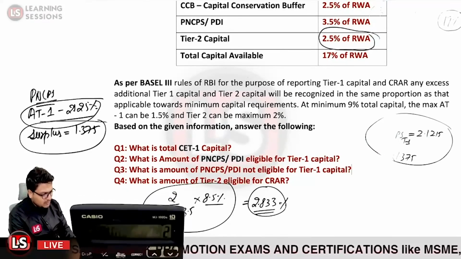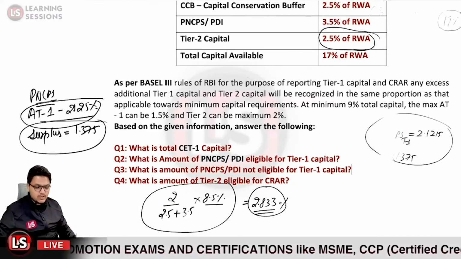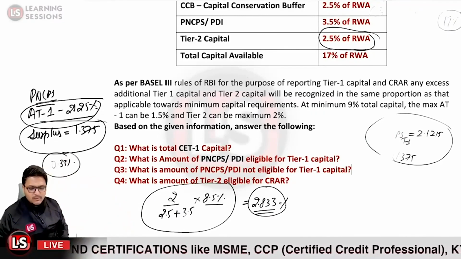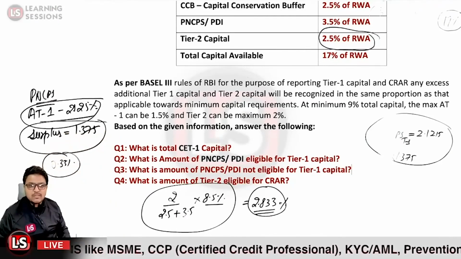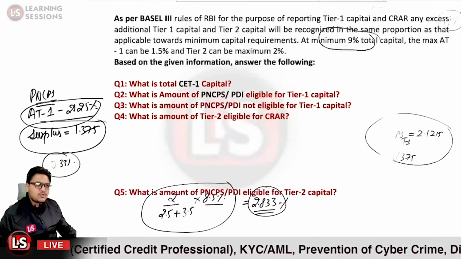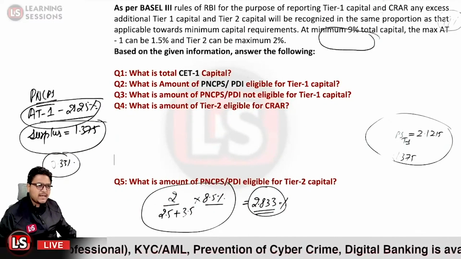2.833 minus 2.5%, that is 0.33. So the 0.33% component would be utilized from this surplus itself. Is that clear? Okay. Next question over here, it says what is the amount of PNCPS or PDI eligible